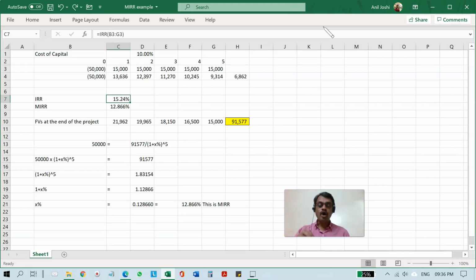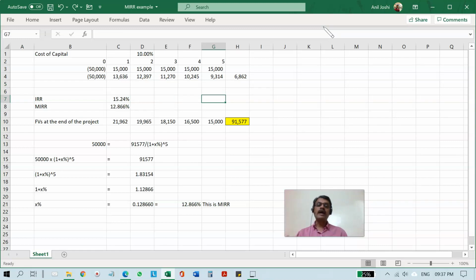Now that is one flaw of this IRR logic, because as the years pass, the competition increases in the market, and as the competition increases, it puts pressure on the selling price of the product, and many times the selling price has to be reduced to cope with the competition. When the selling price has to be reduced, very unlikely you will be getting returns equal to 15.24%, at least for the further years.